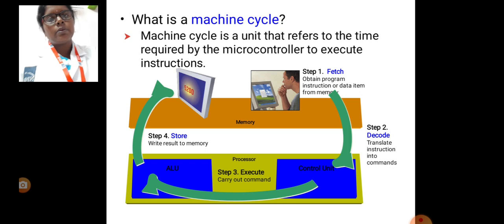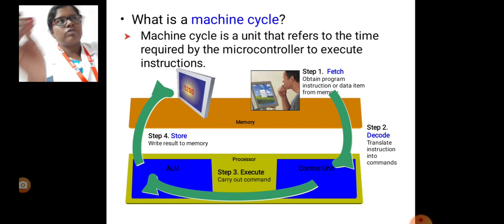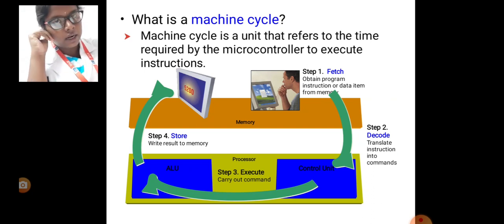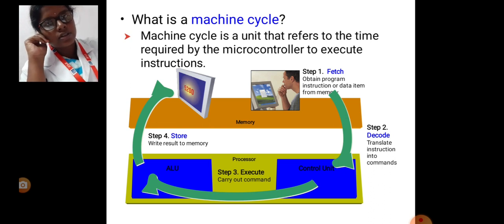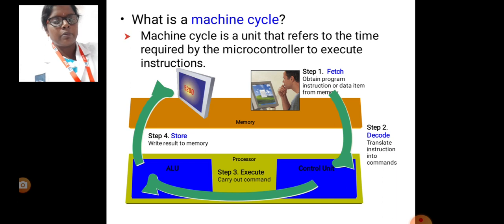ROM is a read-only memory. For example, a ROM is a CD. We can only read the memory. We cannot change or edit anything in that memory. RAM is random access memory. We can read, we can reset the instructions in that memory, and we can edit the program in that memory. Okay, EEPROM and flash caches.